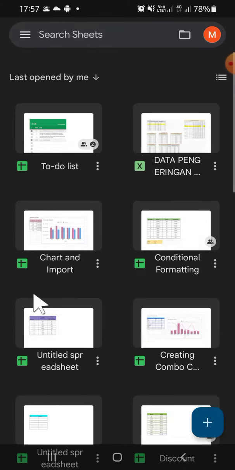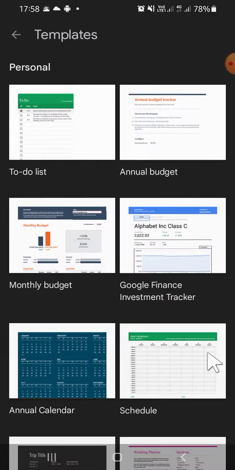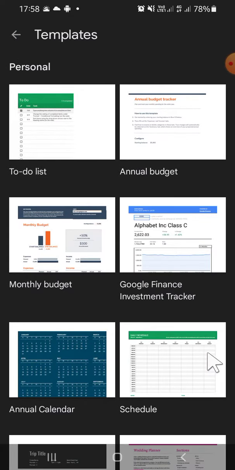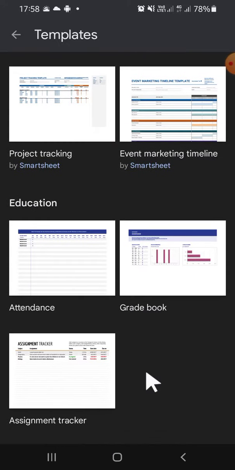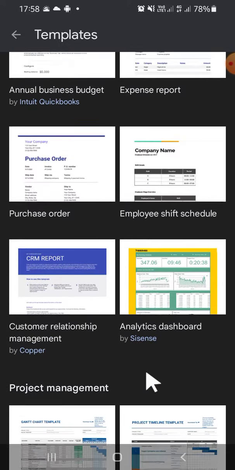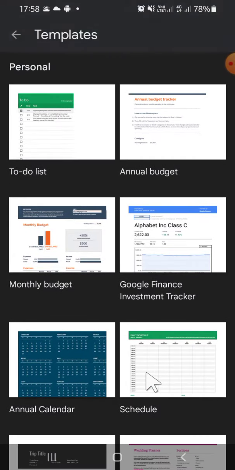And after that, if we want to use the Google Sheets template, we can click on this plus button. Then you have to select choose template right here since we want to use template. Okay, and then there are a couple of templates that we can use. You can make to-do list, annual budget, monthly budget, and annual calendar schedule, and you can scroll down to find more templates. And you just need to click on the template, and then the template will be automatically created on